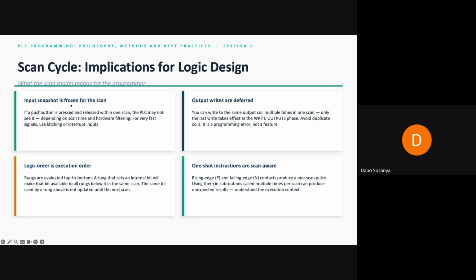Input snapshot is frozen for the scan. Once during a scan, let's say the scan cycle for that PLC is 30 or 40 milliseconds. If 10 milliseconds was assigned to the input scan, immediately after that 10 milliseconds, every subsequent input between 11 and 40 milliseconds will be ignored,